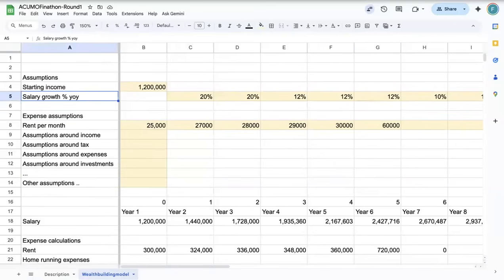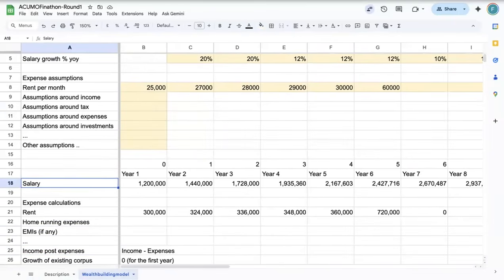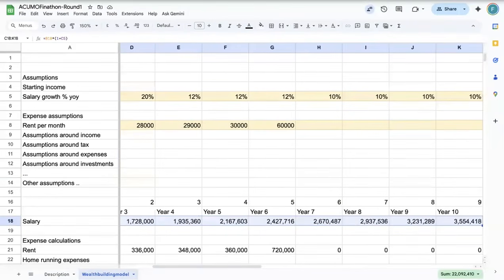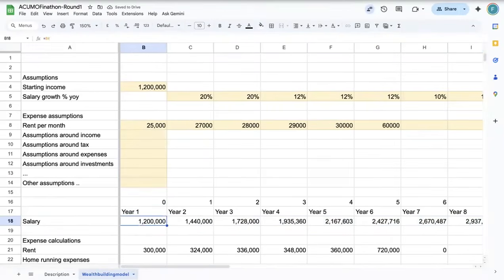Okay. So basis that, how I would project is, I'll come to my calculation section where I would say the salary in the first year is simply the cell which is on top, which is this, right? Then the salary in the next year should be whatever I had in this year times the percentage growth rate which I'm taking here, right? And then this gets projected for the remainder of the time period. Is that clear so far? Let me put it the other way around.